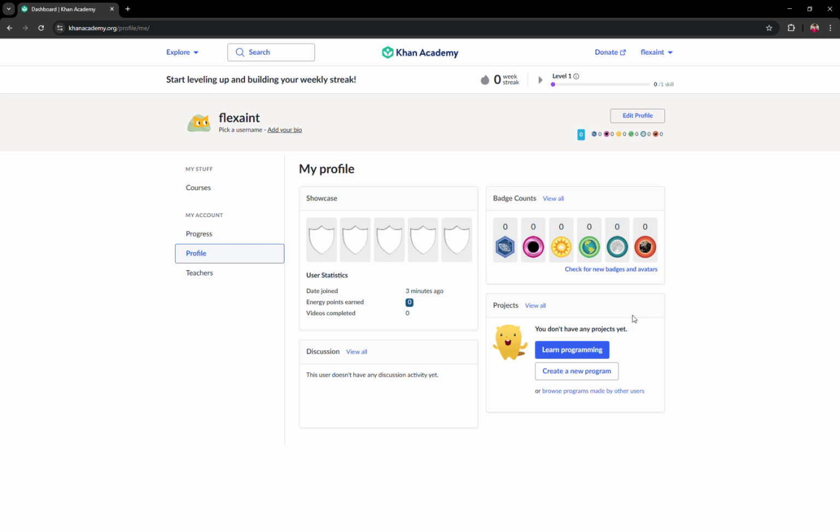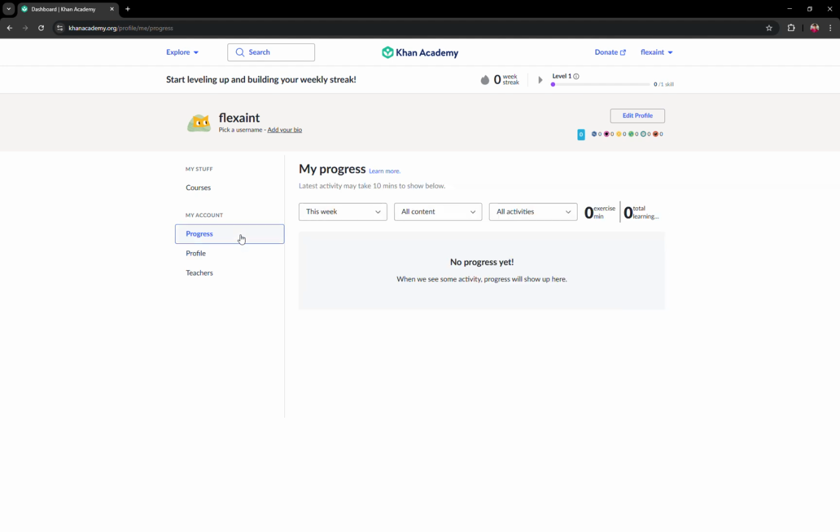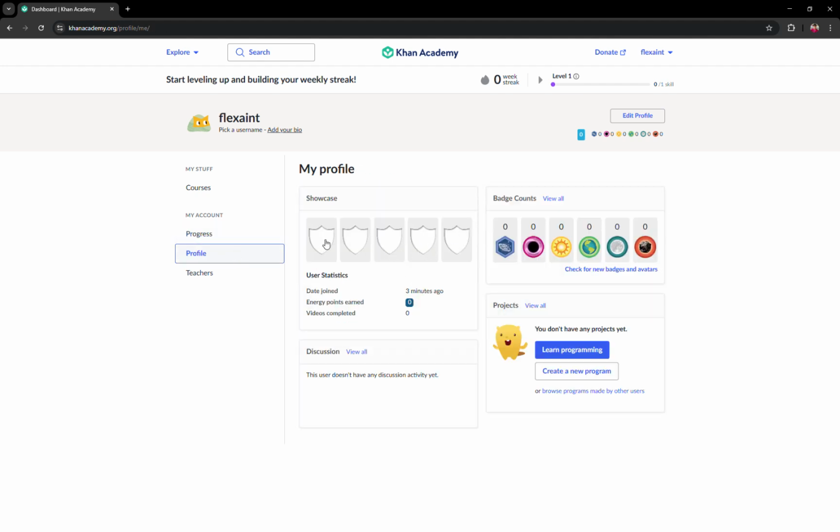So the dashboard is designed to keep you motivated. So you'll see your current mastery here. As you can see, the badges are shown here. So since we haven't started in the other courses that we enrolled, we have no current badges to showcase. So you'll see your current mastery level, streaks for consecutive days of learning, and energy points you can earn as you complete exercises and watch videos. So these gamification elements make learning fun and help you track your progress.